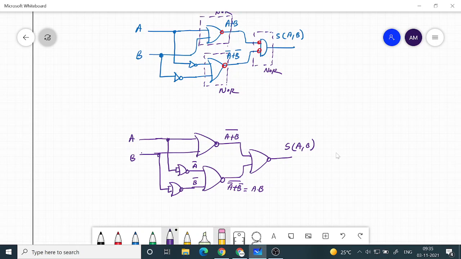And then here I will get A plus B. Let me just write this as such: A plus B the whole bar plus A bar plus B bar the whole bar, add them and then complement. This is the operation I am doing. Now let's see what this is. So this is equal to A plus B dot A bar plus B bar. So this is our required expression.